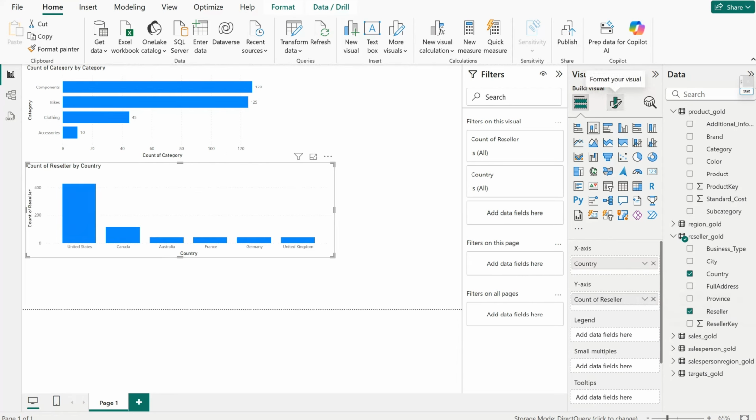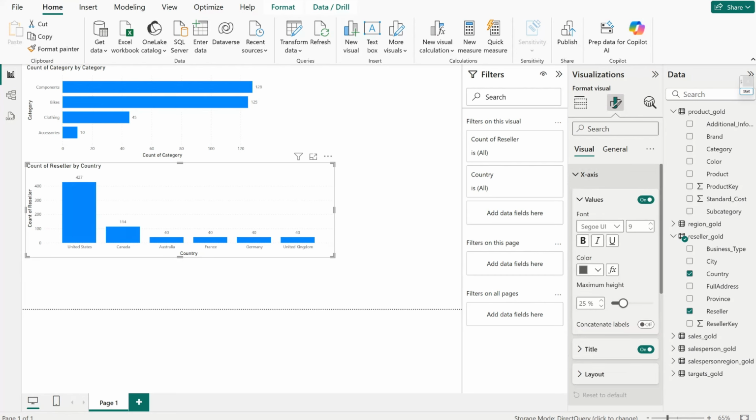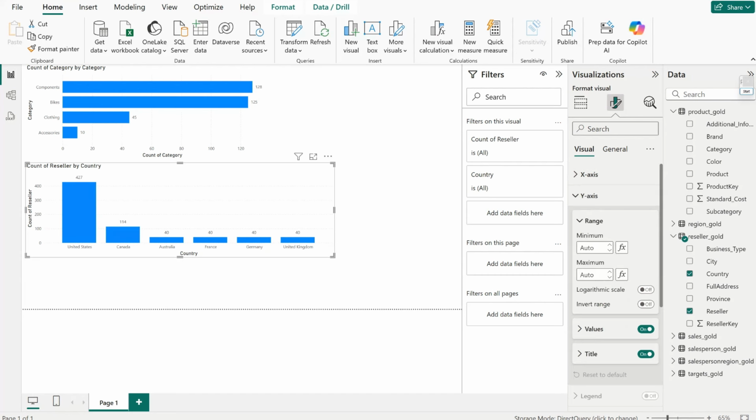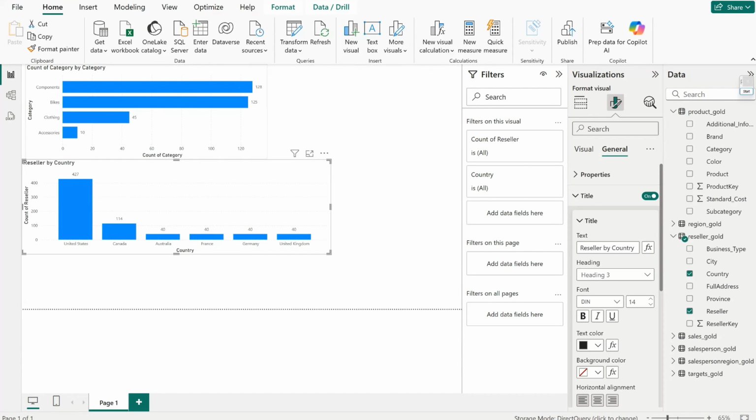Again, we can change or we can format the visuals. We can turn on the data labels or ribbons. We can turn on the zoom sliders too if you would like to go for that. Any kind of changes on X and Y axis, you can do it from here. If you would like to change the title, come under general section and you can change the title too. So this is how you can create the charts, and you can represent your important information from all these 7